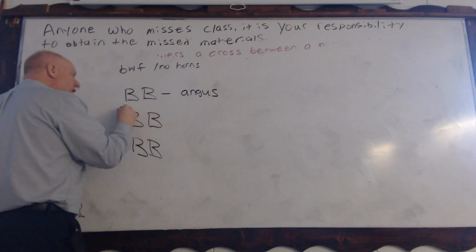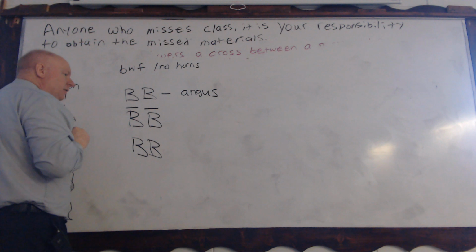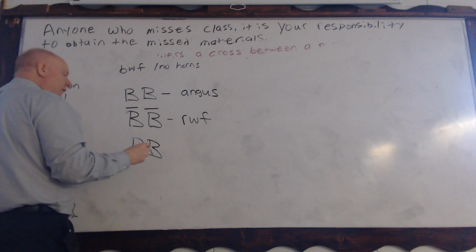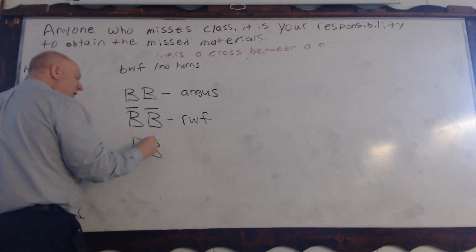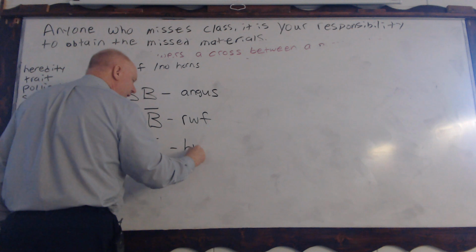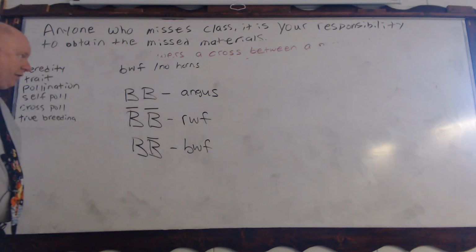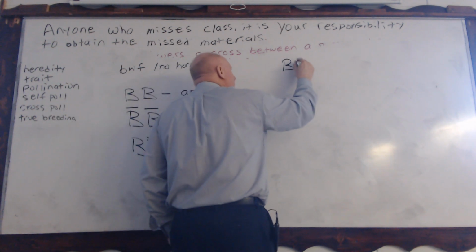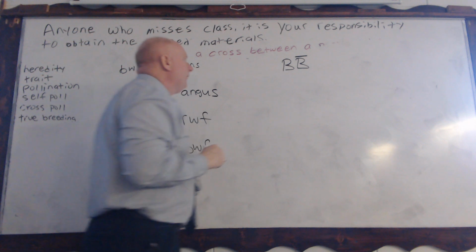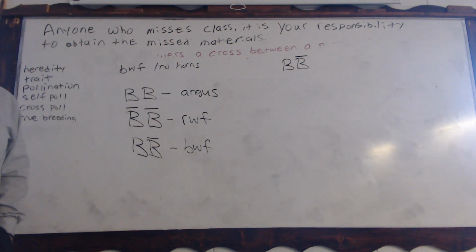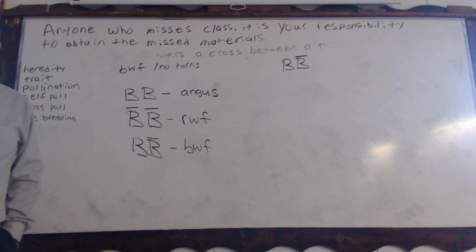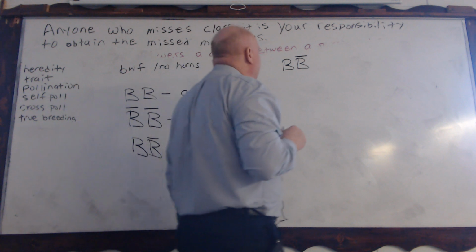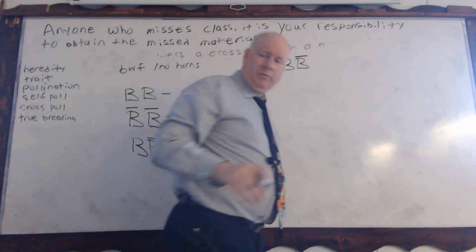What happens if there's 2 lines over each? Red and white face. It's a red white face. Then what happens if there's 2 capital B's with only 1 line over it? Black white face. Okay. So then we know that the bull is a black white face. Okay? And then what does it say about horns? Doesn't have horns, right? So then what that would mean,